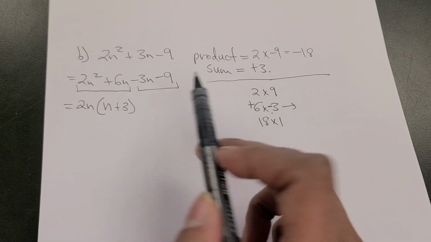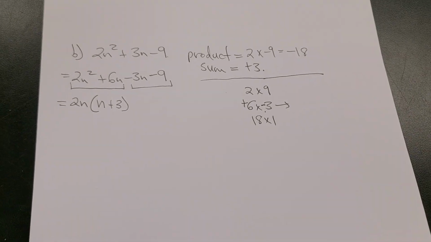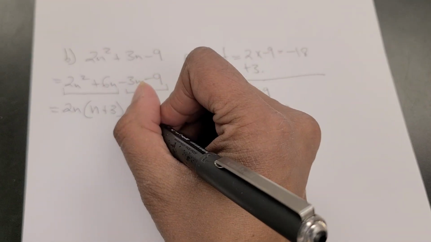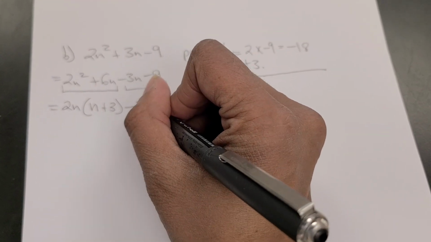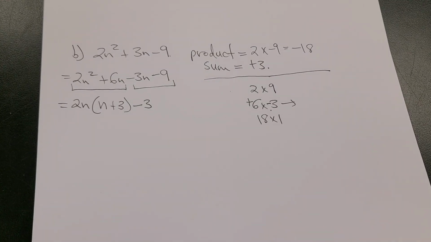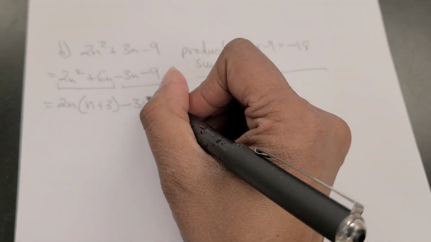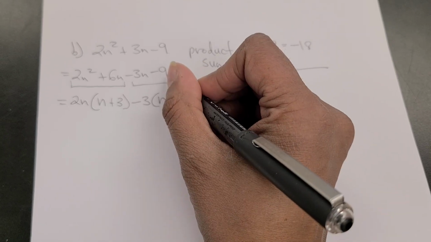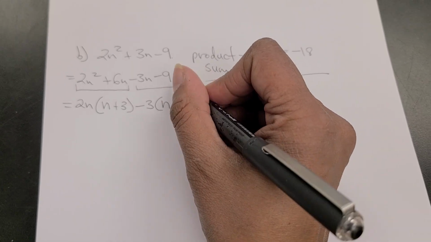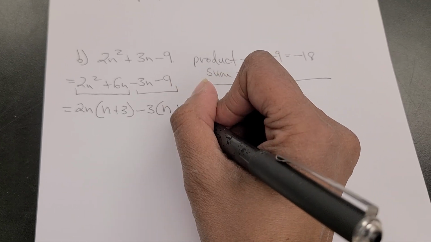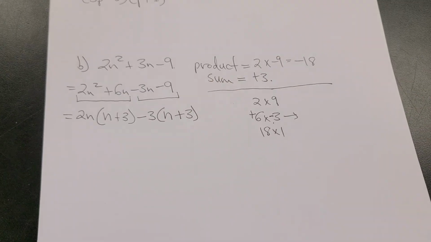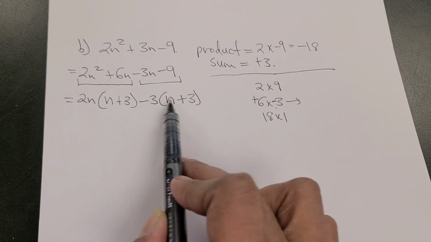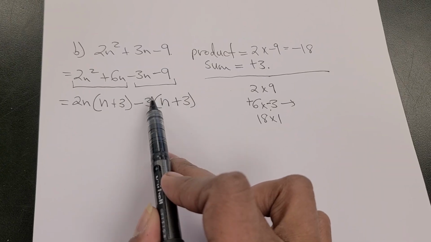Here I have negative 3n minus 9. So remember we said if the third term is negative, take the negative sign outside the brackets. And I see a common factor here is negative 3. I'm going to open the bracket. I'm left with n. Negative 9 divided by negative 3 is positive 3. Do you see that? So even if you're not sure about the sign, maybe just divide the numbers so you